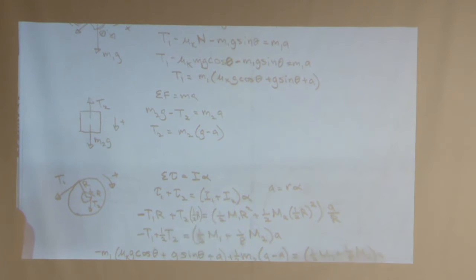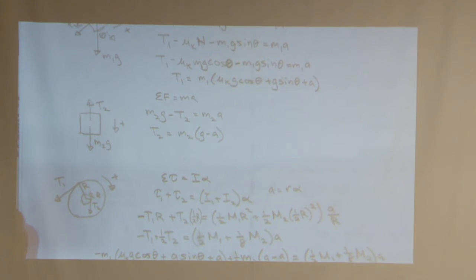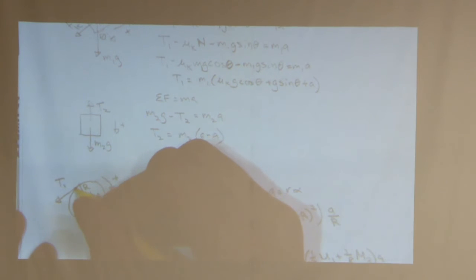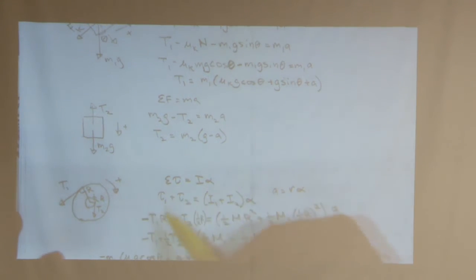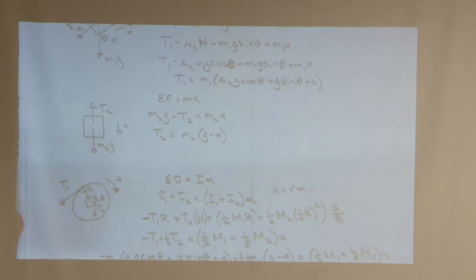Again, you just calculate torque by doing R times F times sine theta. With the pulley, the theta is still 90 degrees. So when you do sine of 90, you get 1. So you can just deal with T times R. All right. Now if we look at the second tension,